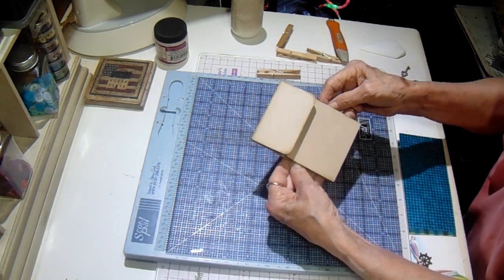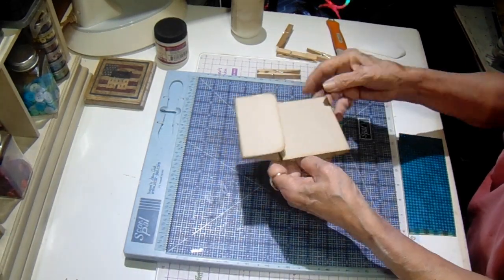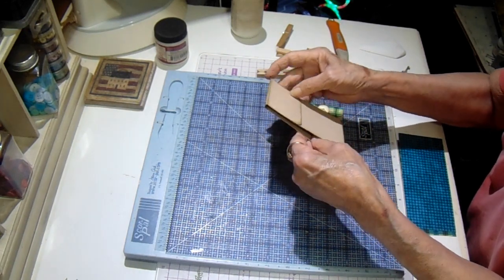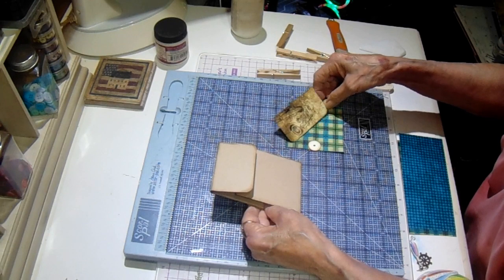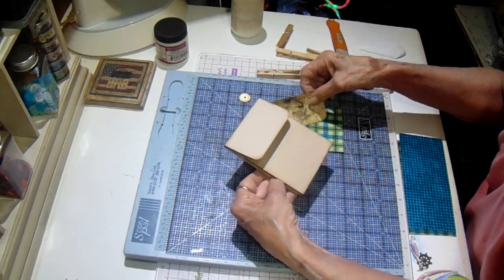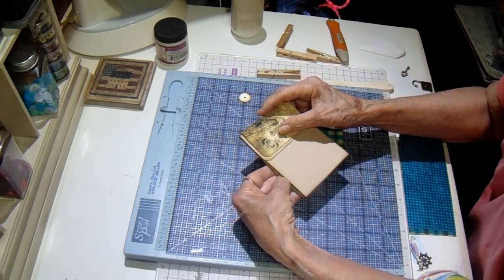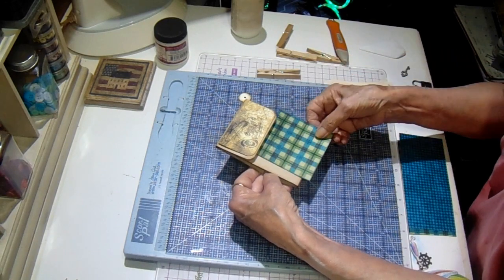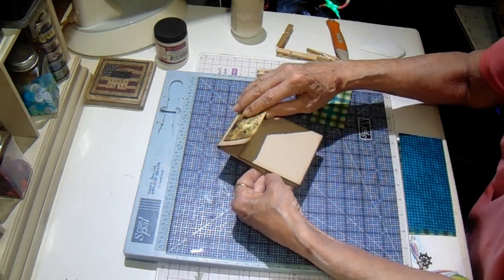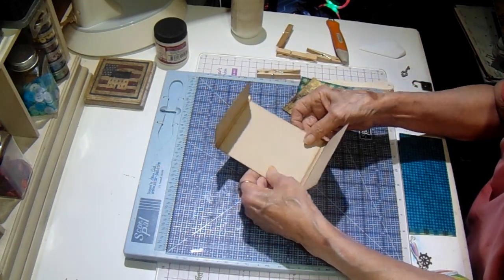Now, actually, it goes like this, with the taller piece on the inside, like that, so that you have an overlap, and we're going to use these little circles to close it with a string. And I've cut a piece of the design paper for the flap and a piece for down here, and that's what's going to go in there. So let's glue these two together, and I have inked them with Vintage Photo,